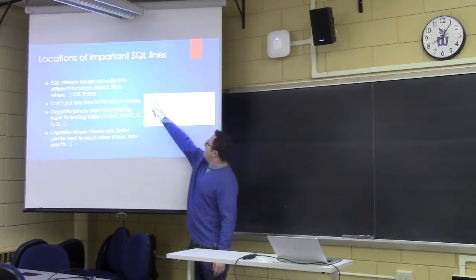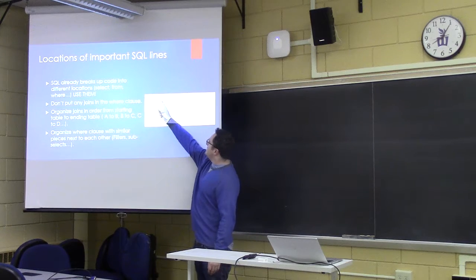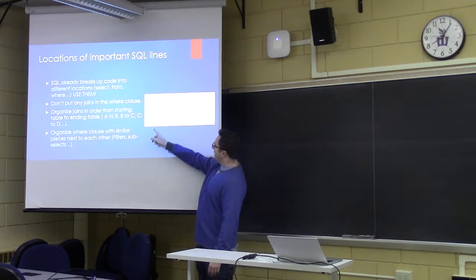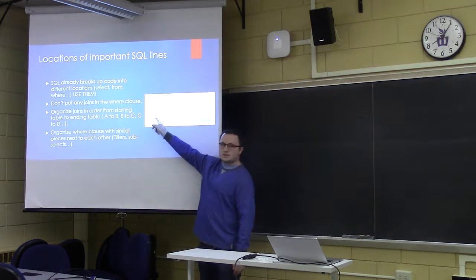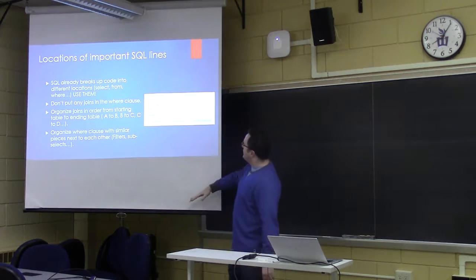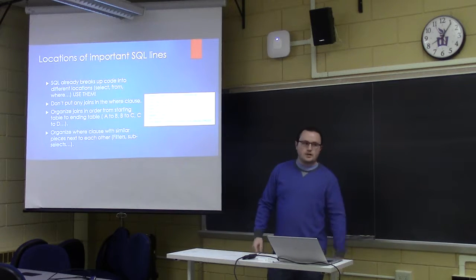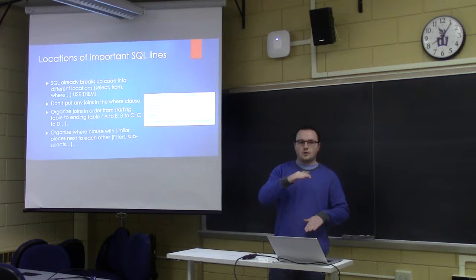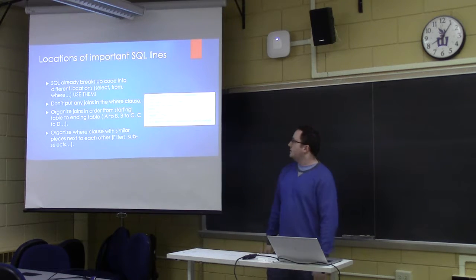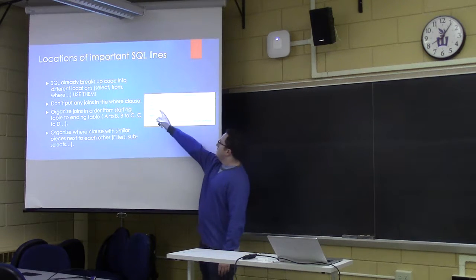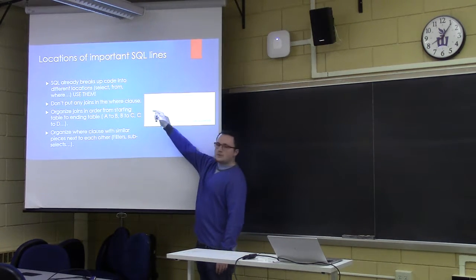So you have the FROM A, which is your first table, and then this is your second table and your third table. You can join things in the WHERE clause, but then you're just mixing it in with filters and subselects and everything else. And if your SQL statement is super long and someone's trying to read through it, they're not going to look through every single WHERE clause just to find where the second table you're joining to is coming from.